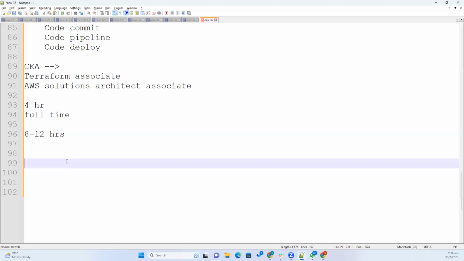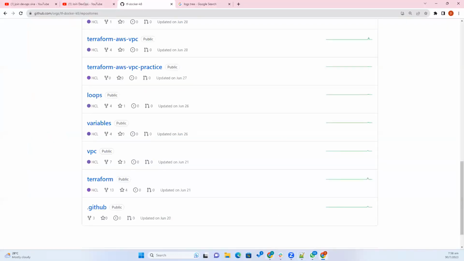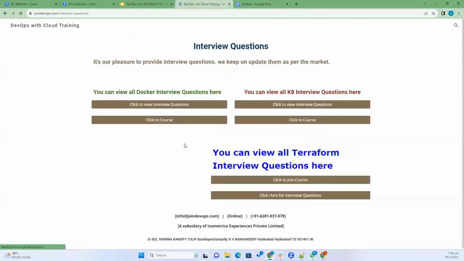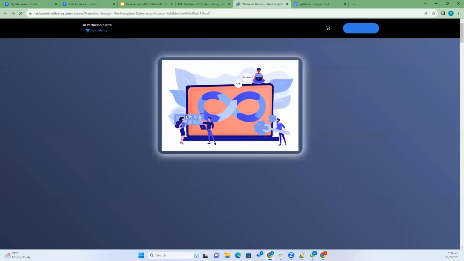That comes through the practice and then my teaching also. So we are going to definitely discuss the real-time project. You will not find it very difficult. You need to practice a little bit for the interviews again, so I'll share the interview questions. We already have some interview questions here as part of my Terraform and Docker course. I'll share these kinds of questions, and the answers are not from the internet.